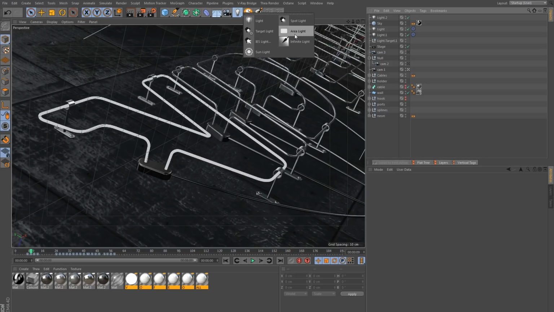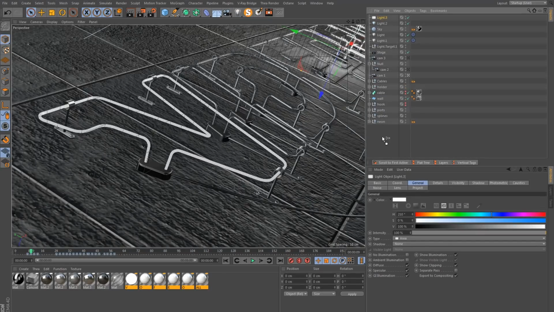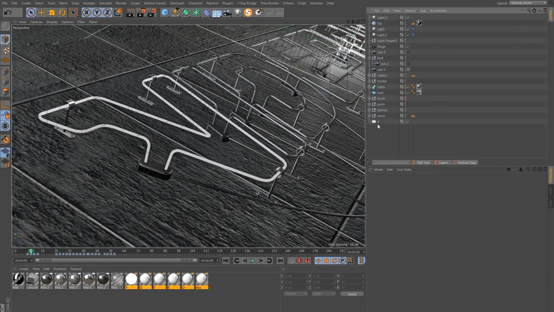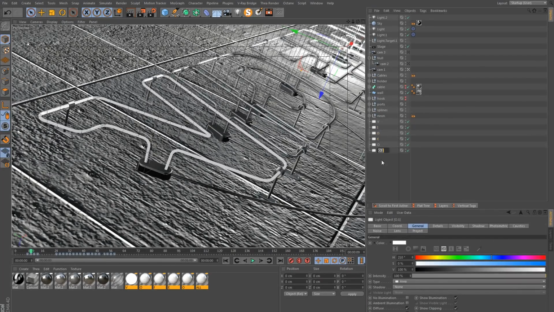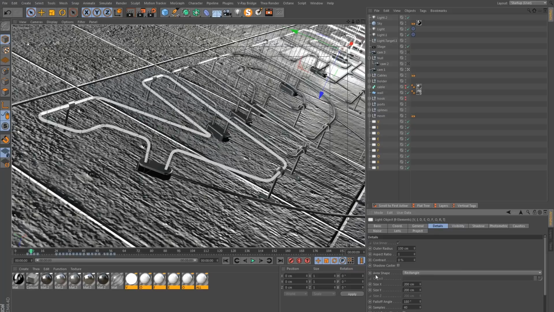Okay, I will start with an area light, and let's bring this down here. Let's call this V, and we basically need one for each letter. Right, and in each light, I'm gonna go to the Details tab, and the area shape, instead of the default rectangle, let's have Object or Spline.